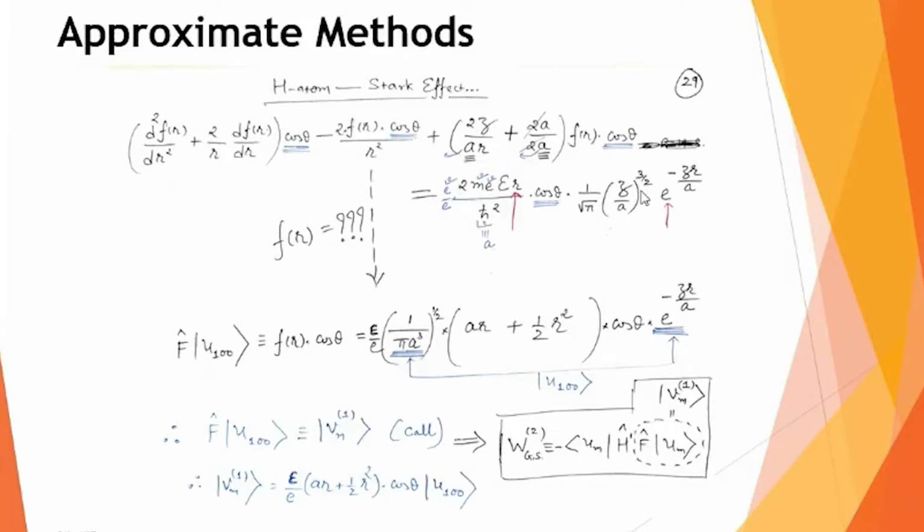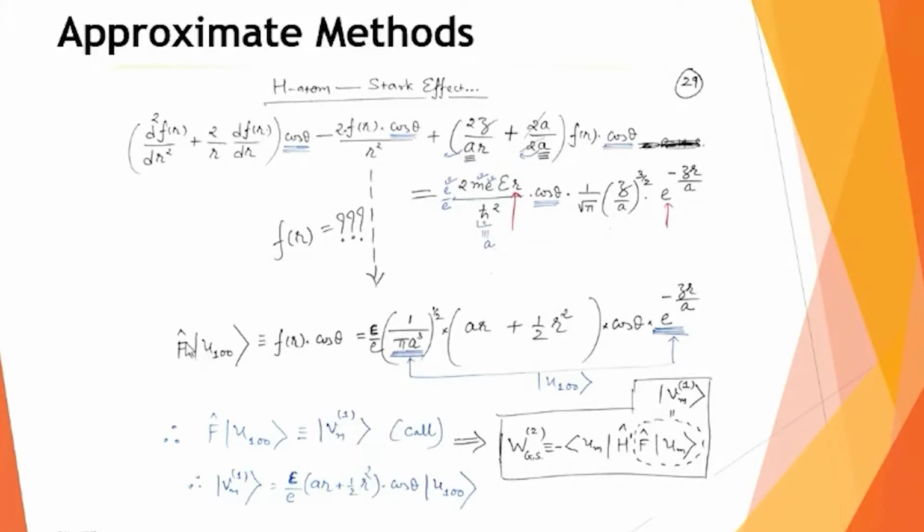Based on what we have on the right hand side, we can now construct, we can now design our state function f r. So this f r can be written like that. Out of this f r, if you just look at the part which I underlined with the blue line, if I write this blue line part together, it is nothing but the ground state wave function. So the remaining part is actually the modification to the ground state function of the hydrogen atom U100. And therefore, this is something like your ground state function is slightly modified. So we may call it a first order state function V m1.